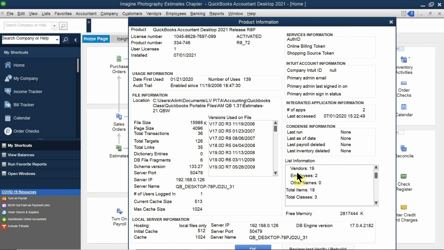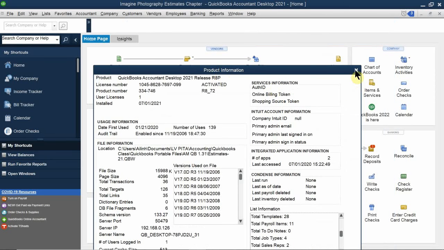And it's broken down saying that you have 19 vendors and you got 2 employees, okay? And you have 22 customers. So in this case, it gives you a grand overview of the entire file. It even tells you how big your file size is. Okay, so that's the F2 function key, and that is the only key you are going to be using